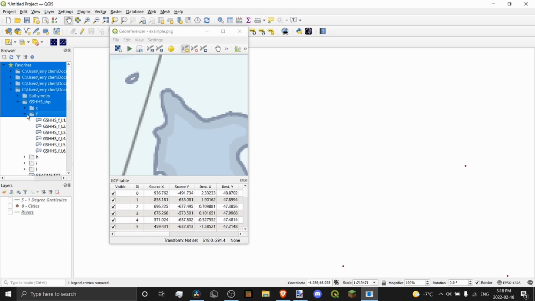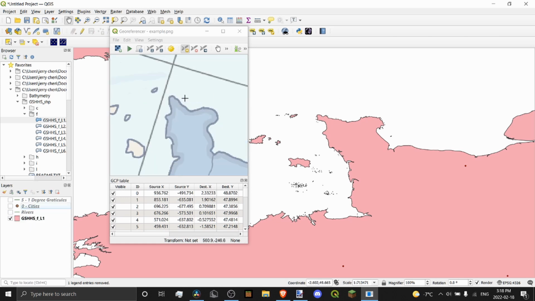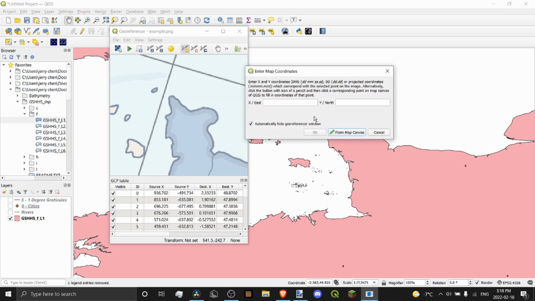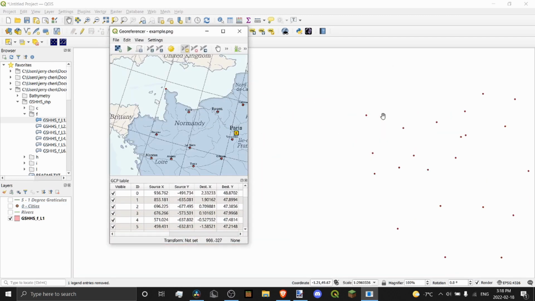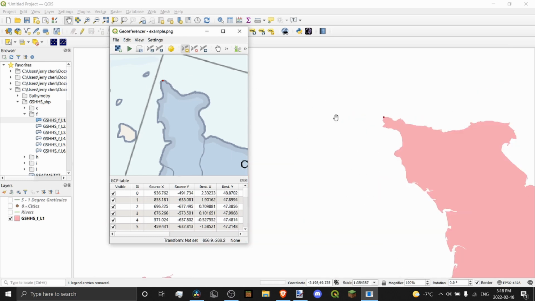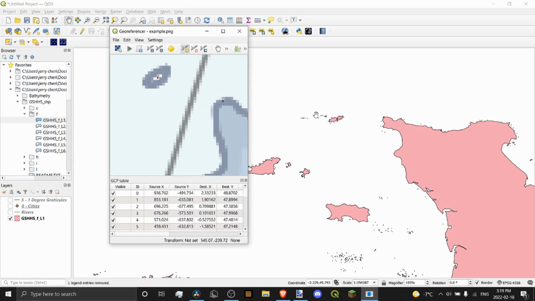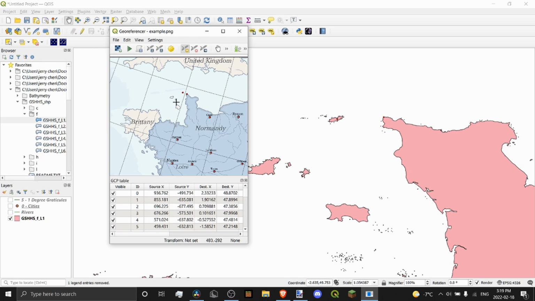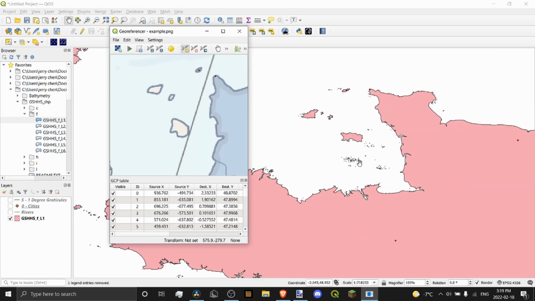I'll use this one. There we go. So now we can see a closer correlation. Here we can see that these two correlate, right? So here in northern France, here as well, we have this little island, so you can just press on that island and then press on this island. Those points are not exact, but they're extremely close, and that's really what you're trying to do in